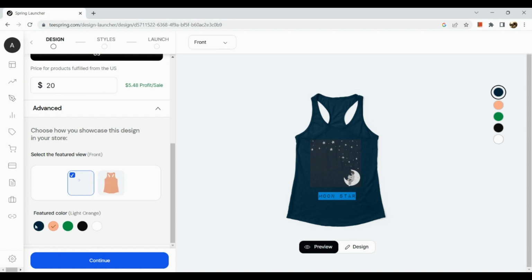All right. So for the featured color, basically you're just going to choose the color that has the best design, and that's the first thing that people would see when they go to your store. Right. Now, once we continue,